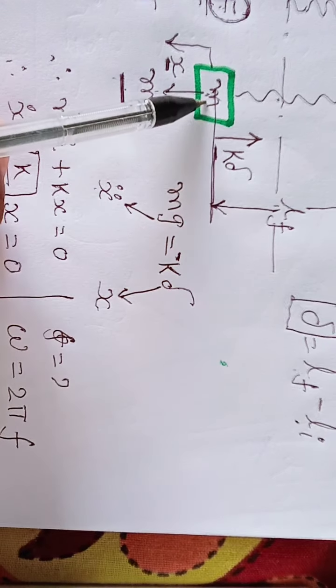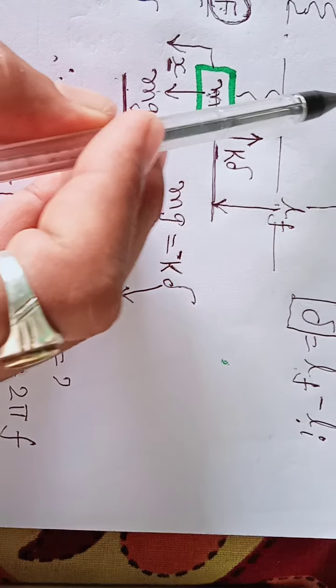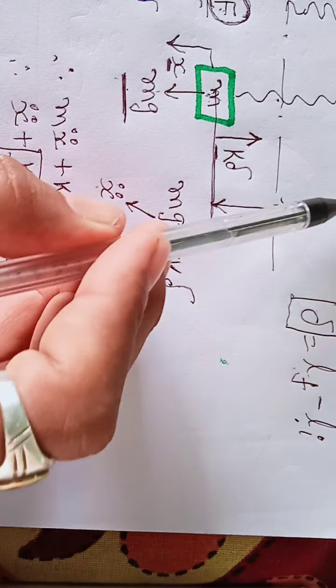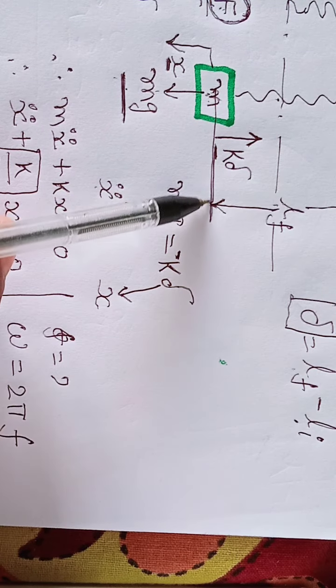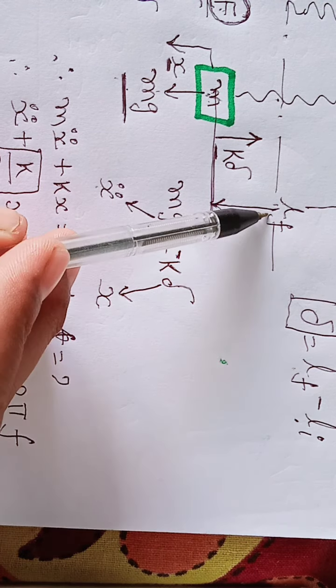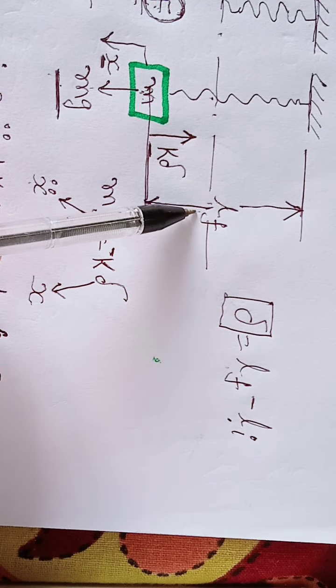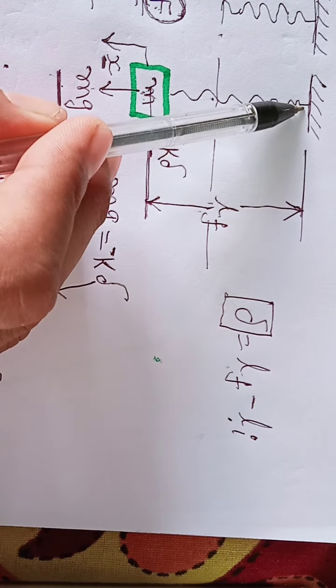As I have explained, under the influence of this mass, the spring is deflected and the length that we are measuring is final length. Final length from the fulcrum itself,